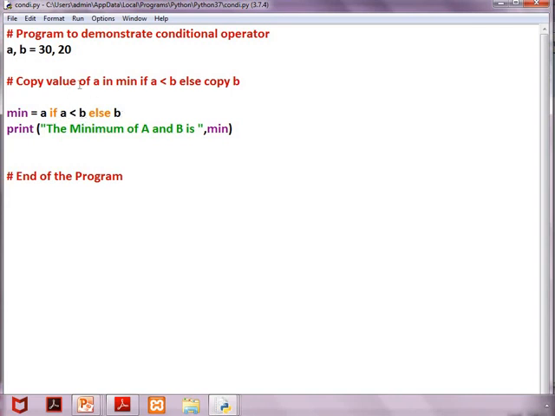The program is to find the minimum number. How to find the minimum number? We are having two variables. So we are asking whether a is less than b. If a is less than b, if the condition is true means a is the minimum number. So min equal to a if a less than b, else the minimum value is b. So print the minimum of a and b is the variable min.